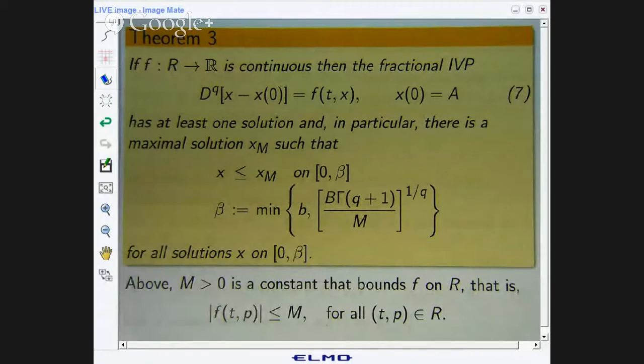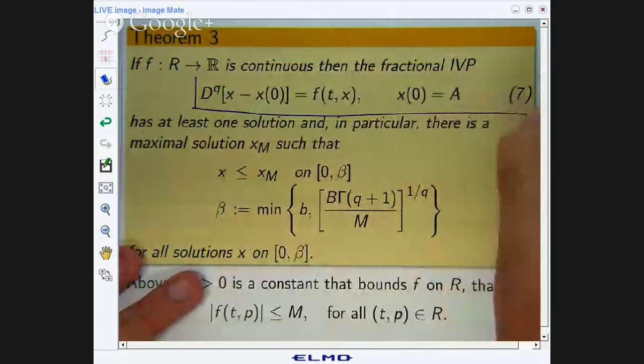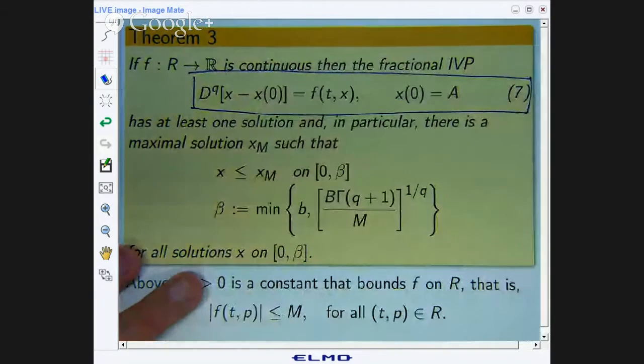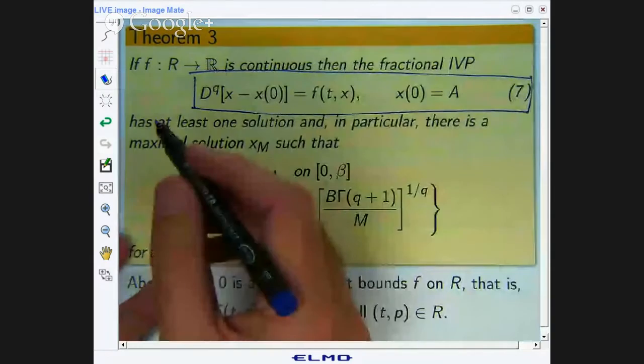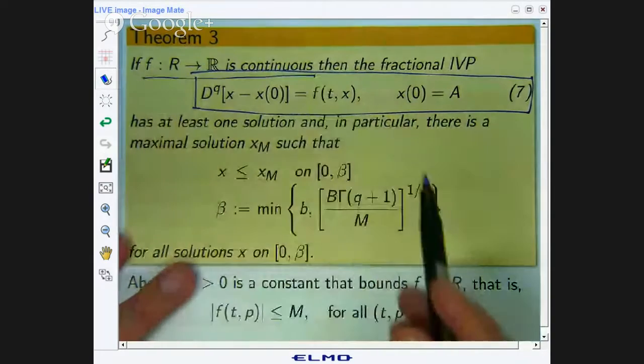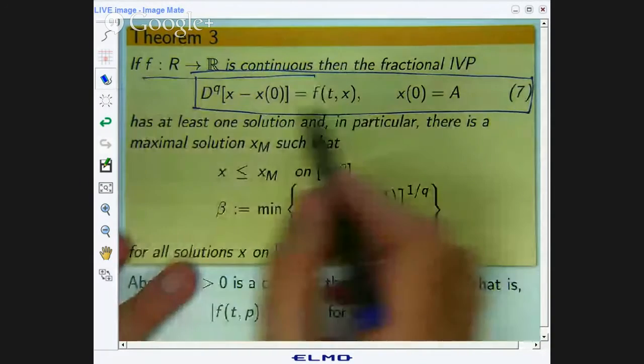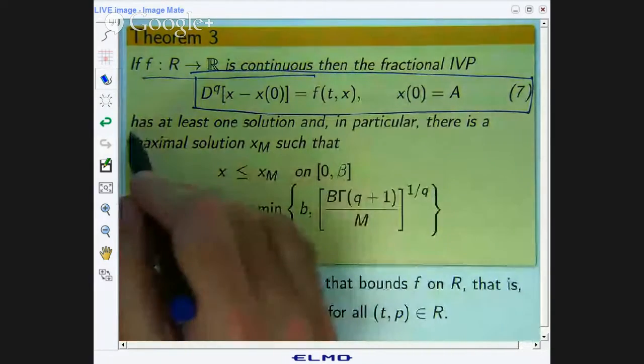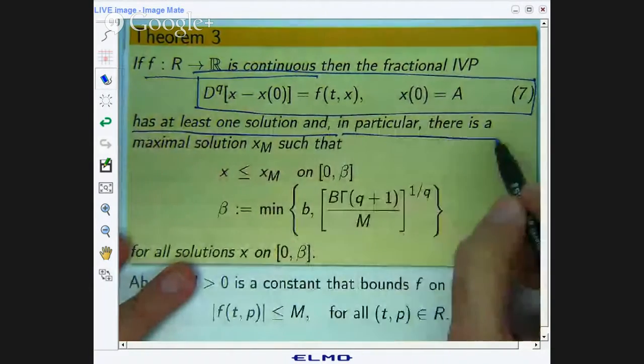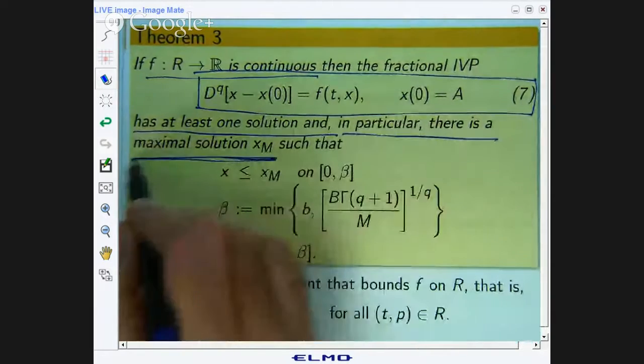Suppose f is continuous on this rectangle that I defined at the start, and that we're considering this initial value problem. Okay, so this is the same as 1. All right. Now, I claim that if f is continuous, just continuous, then this fractional initial value problem has at least one solution,